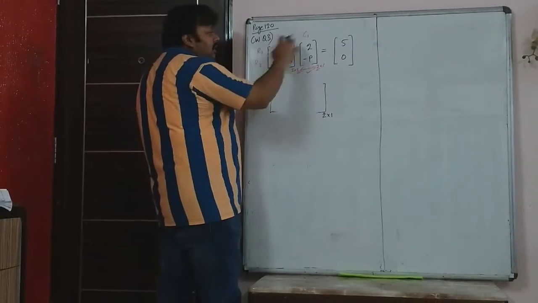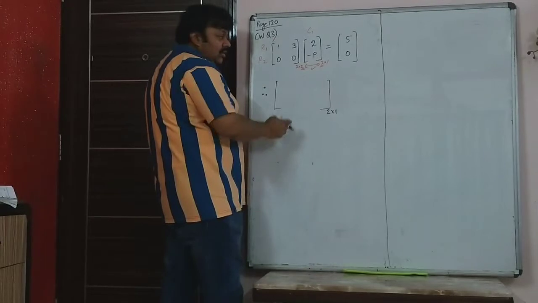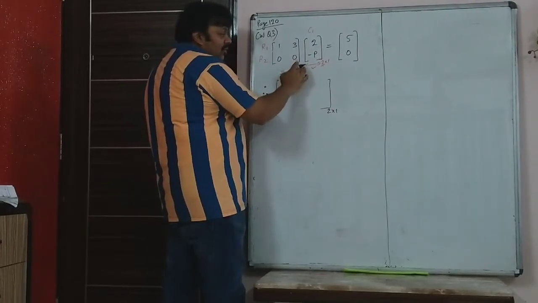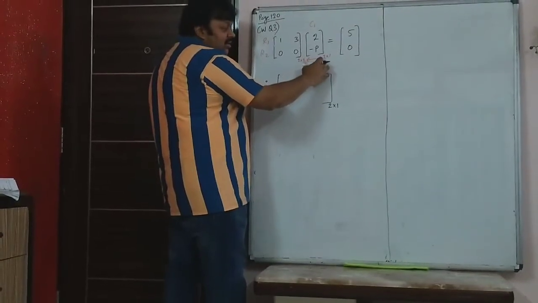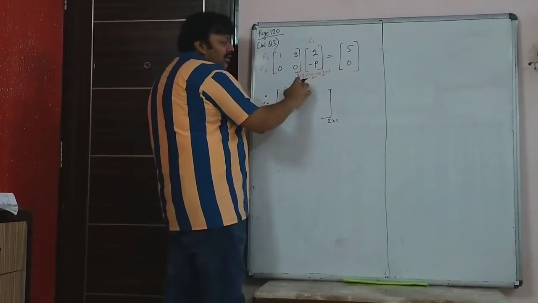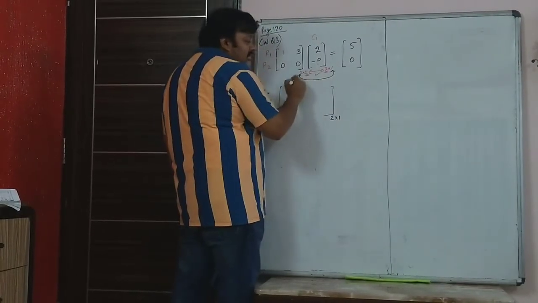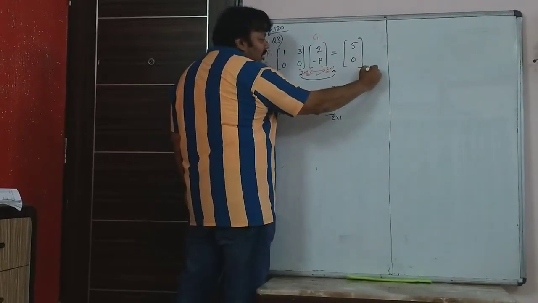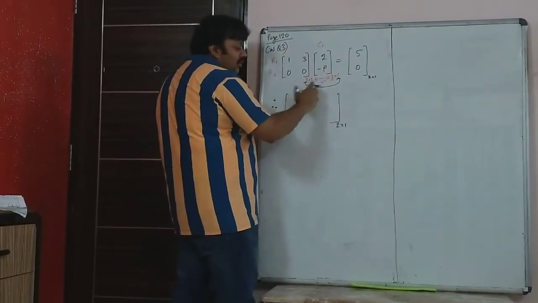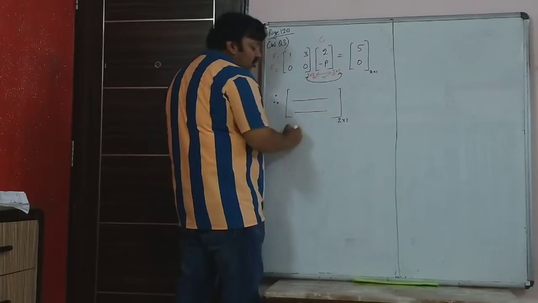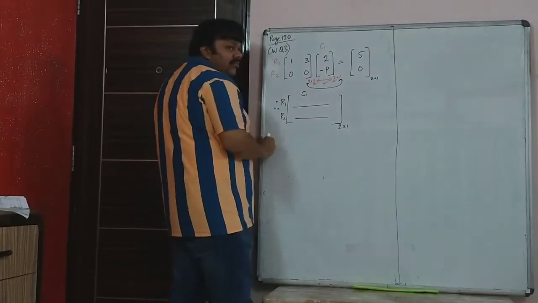So now here again, this multiplication can be done, so the sum is given. The number of columns is 2 in the first matrix and the number of rows in the second matrix is also 2. So that is why multiplication can be done. And the order of the product matrix, you already know, it is 2 into 1. So when this multiplication is done, you will have only 2 rows and 1 column.